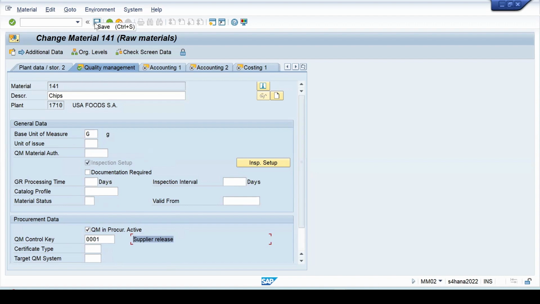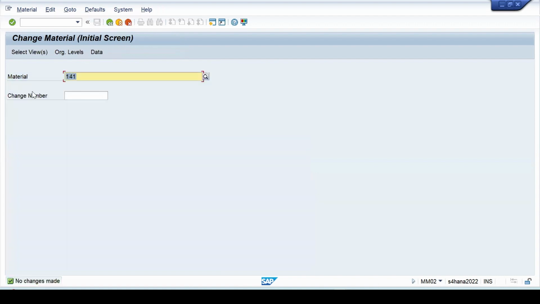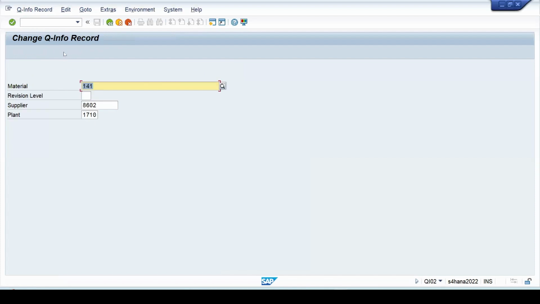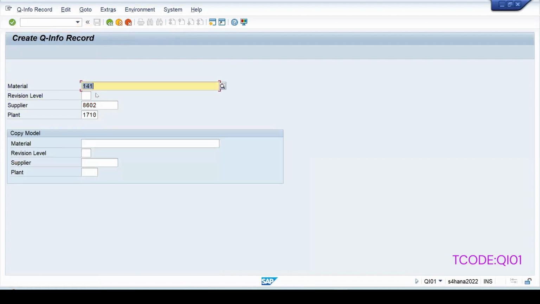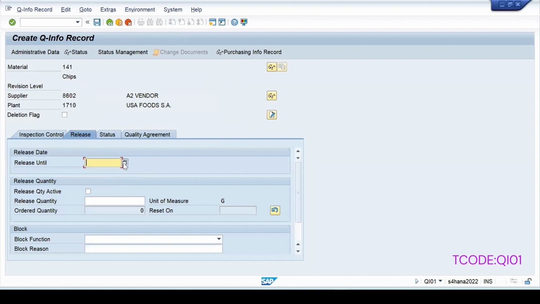If I'm buying this material from two different vendors, then for one vendor I want to use a different inspection plan, and for another vendor, I want to use a different inspection plan. Let me show you the quality info record also, which is required for the vendor. QI02 entered. Material is this, supplier is this, plant is this, press enter key. No record exists. Let me create this quality info record against this combination for this material,